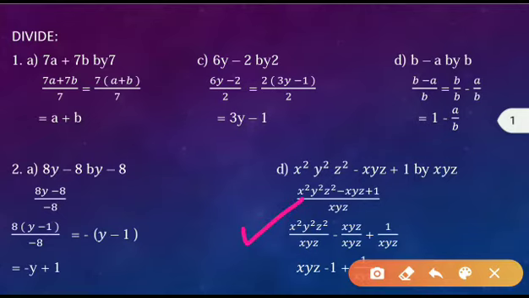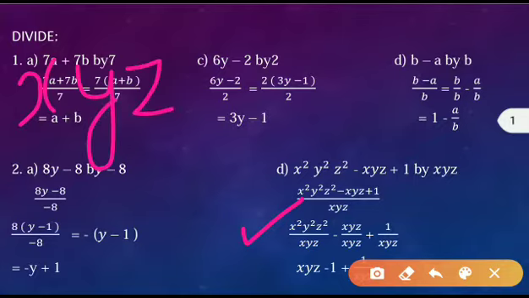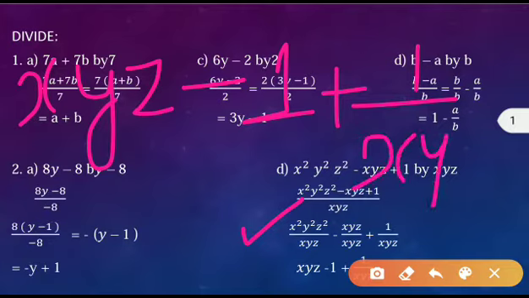Now, in the first term, x square y square z square in the numerator and x, y, z in the denominator, 1x, 1y and 1z can be cancelled. So, in the first term, we get x, y, z only. And after that, what is the sign? Minus. In the second term, xyz upon xyz, both will cancel and give you 1 only. And in the last term, this will be as it is, 1 upon xyz. So, this will be your answer.